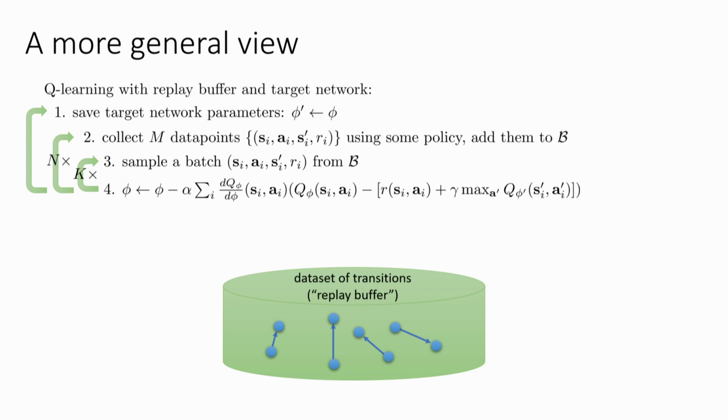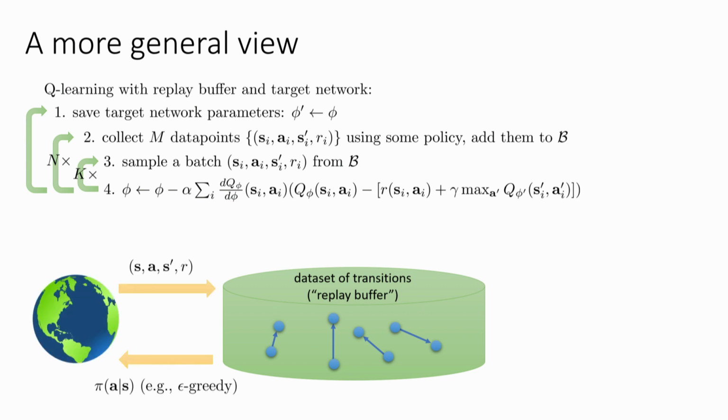The more general view is that you have your data set of transitions, and you have one process that goes out and fetches data. So I'm going to call this process 1. This is the data collection process. If you're learning in the real world, maybe you have an actual robot or website that's interacting with some physical thing. That's process 1. When it has to go out and collect data, what does it do? Well, it grabs whatever your latest Q function is, augments it with a little bit of exploration, maybe some epsilon greedy heuristic, goes out and fetches some transitions, and puts them into the buffer.